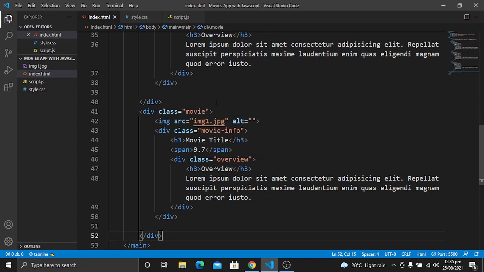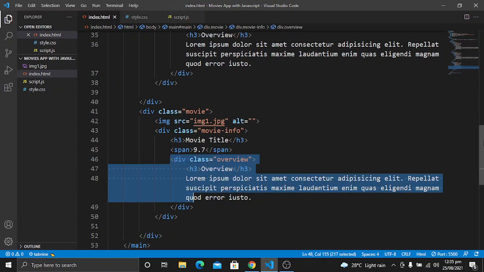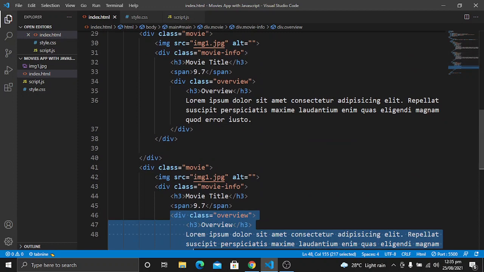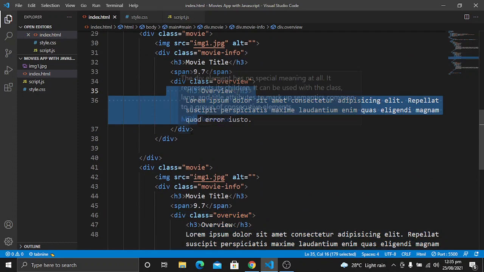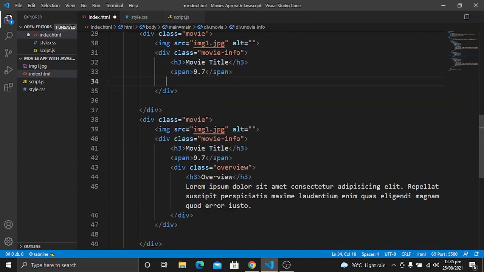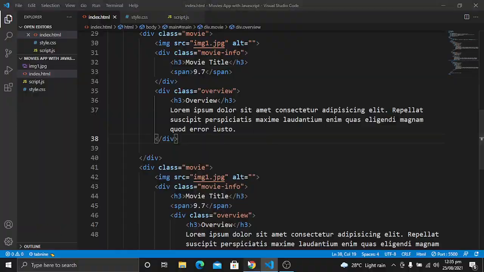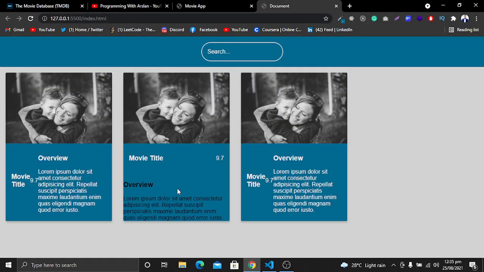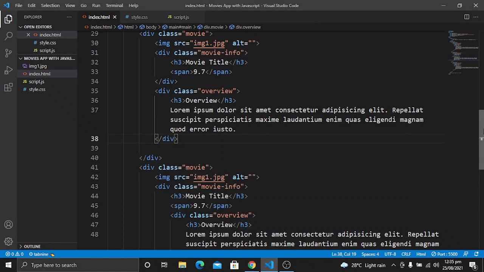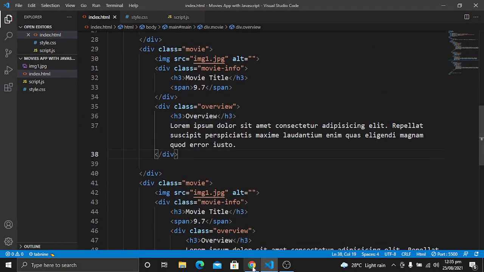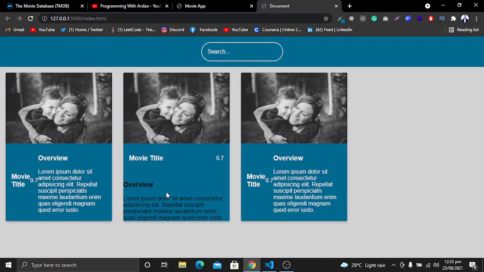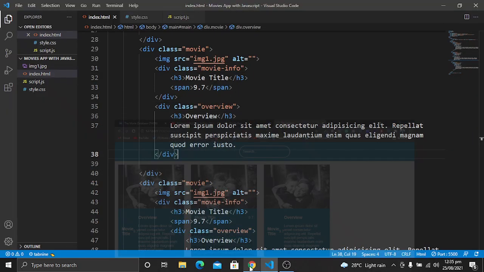I think we have some mistake in the div. We want this, so let's test it. If we move this div outside of this movie info container and place it here, let's see what will happen. Now save it, and I think we are done with this second div, and now you will see the styling is looking good for this.